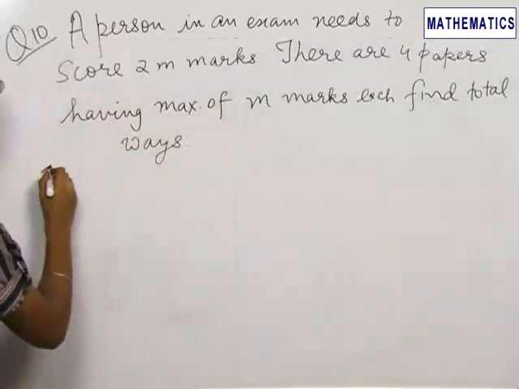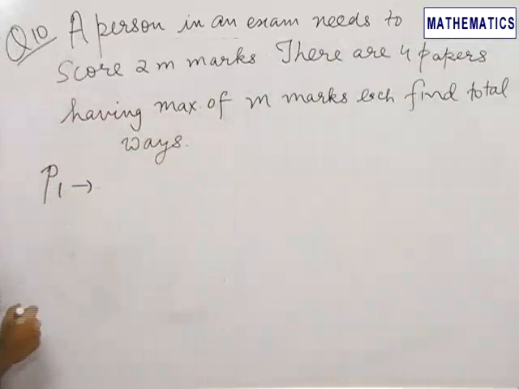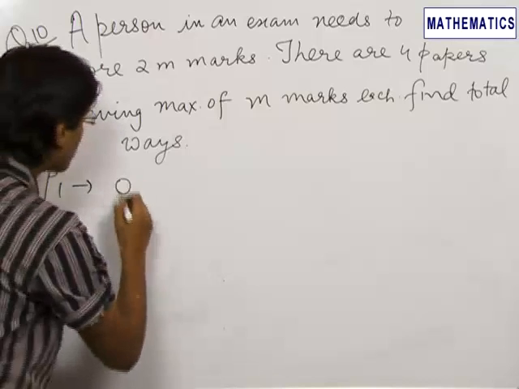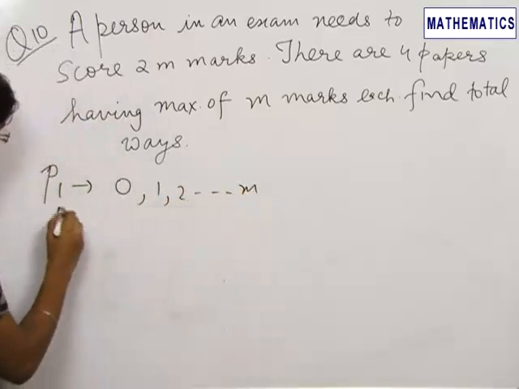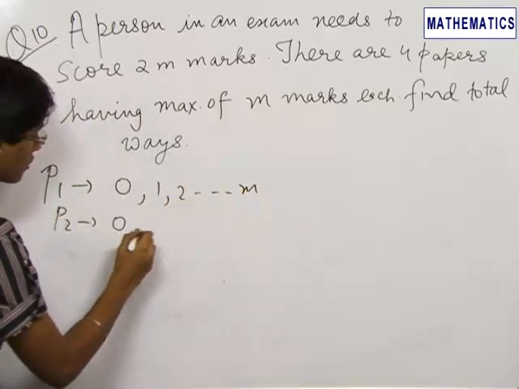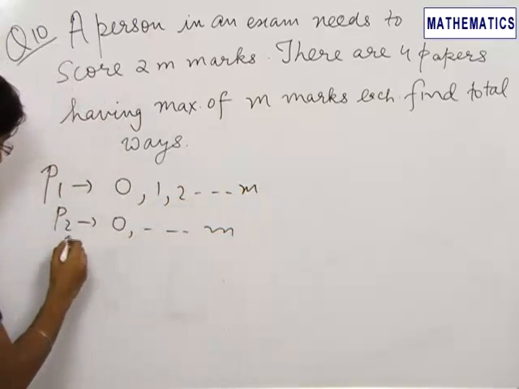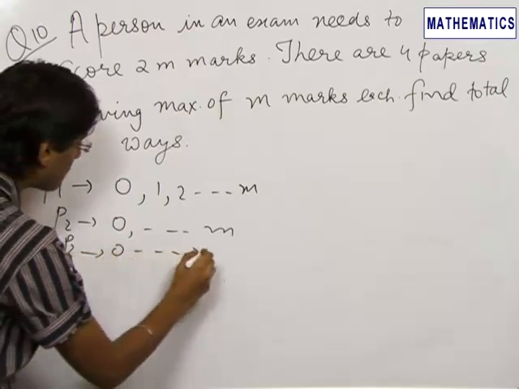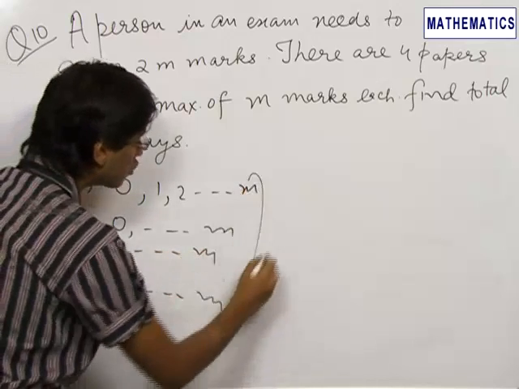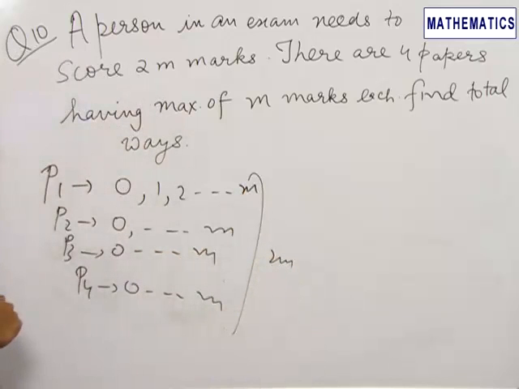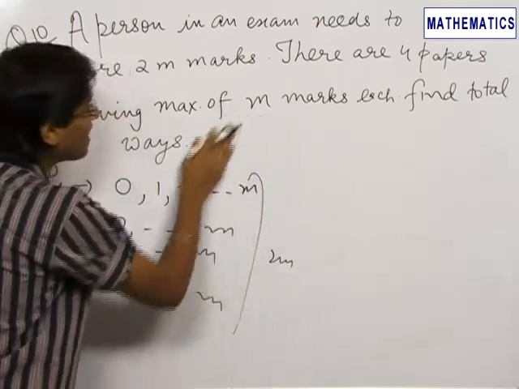Now from the first paper, let's say paper 1, a student can score 0 marks, 1 mark, 2 marks or m marks. Similarly from paper 2, he can score 0 till m marks. From paper 3, again 0 till m, and in paper 4, again 0 to m, and he needs to score a total of 2m marks. So there is a very beautiful method of binomial theorem over here. In other words,